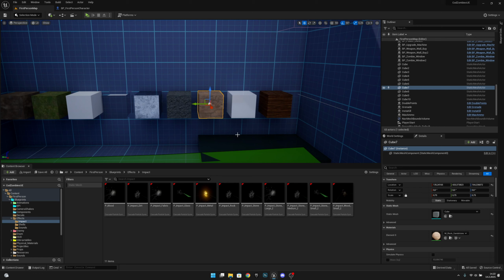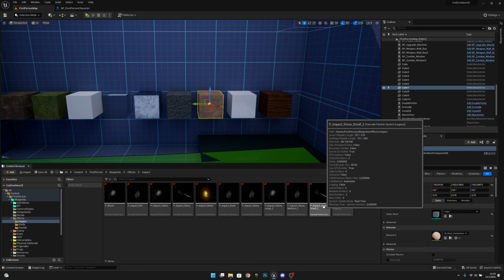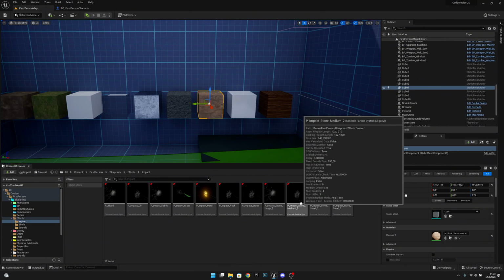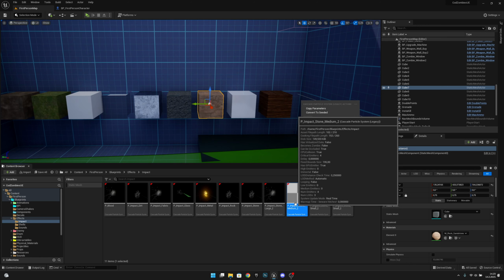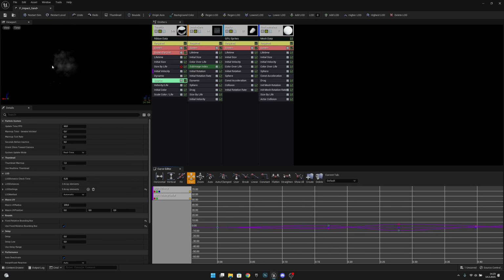And now we want to create the emitter for the sand. So let's get the impact stone medium 2. Yeah, this one. Let's duplicate it and let's call it impact sand. And this should be pretty simple. Let's open it. What we want to do here, the first thing, is we want to go to the